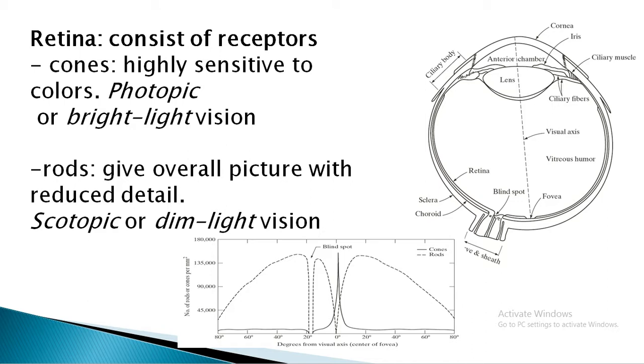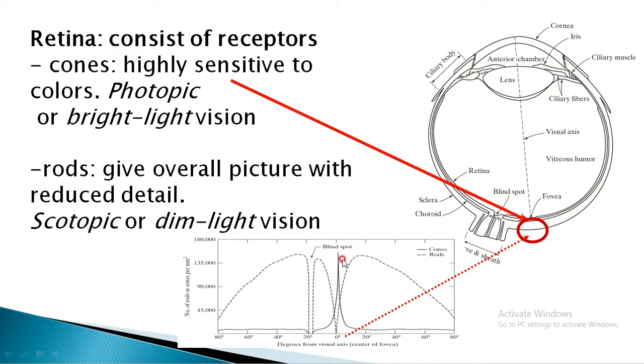Now the cone vision, whatever we have, is called photopic, or it is also called bright vision. So here is your cone vision. If the cone vision is not there, as we are pointing through this red line, then we can see there is no vision. The red dots I am pointing to are nothing but the rods. If the rods are not there, then you get a blind spot. You can see here 0. At 0 degrees, if these rods are not present, it gives you a blind spot.